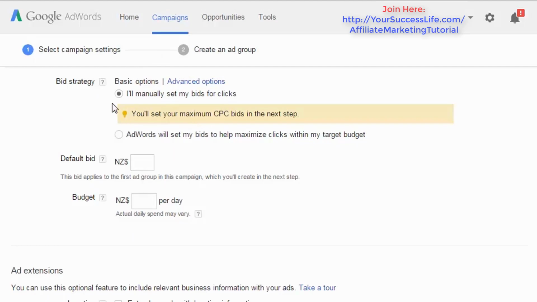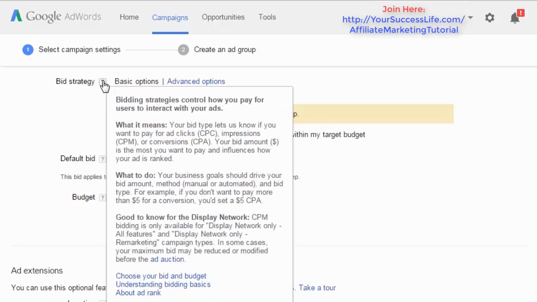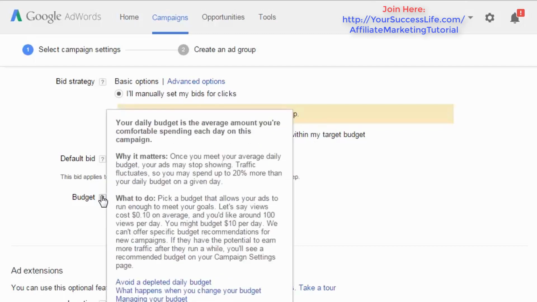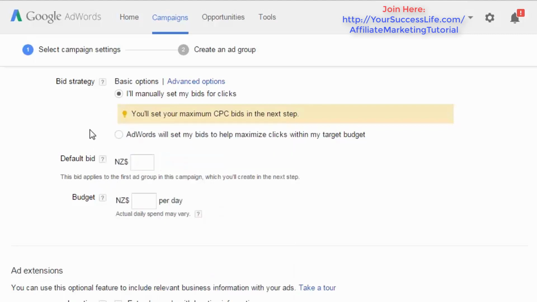You can add, once again, these little question marks will give you a bit more information about each point, so you can figure out what is the best option for you personally. But the default bid, that's what will apply to the first ad group in the campaign, so you're going to create that next. So your budget each day